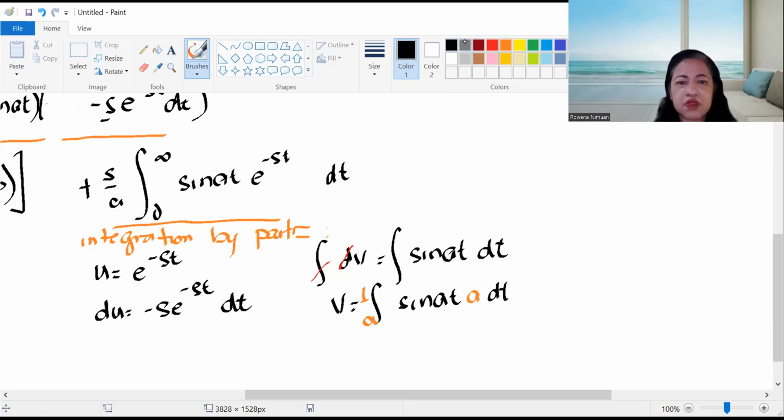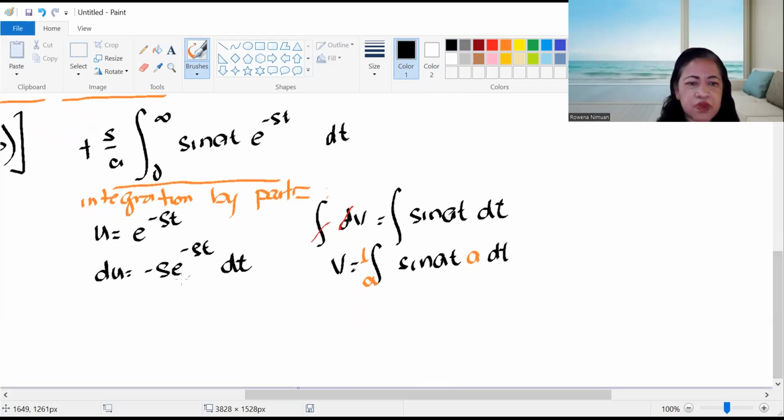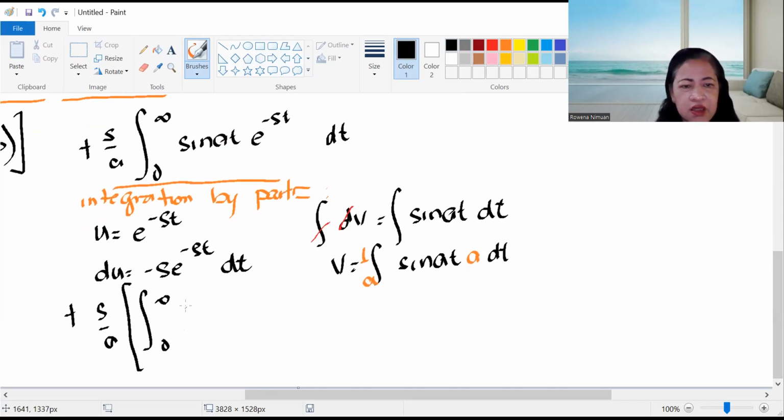Then as to continue, I have here s over a. So to complete the integral by parts, 0 to infinity, e to the negative st,